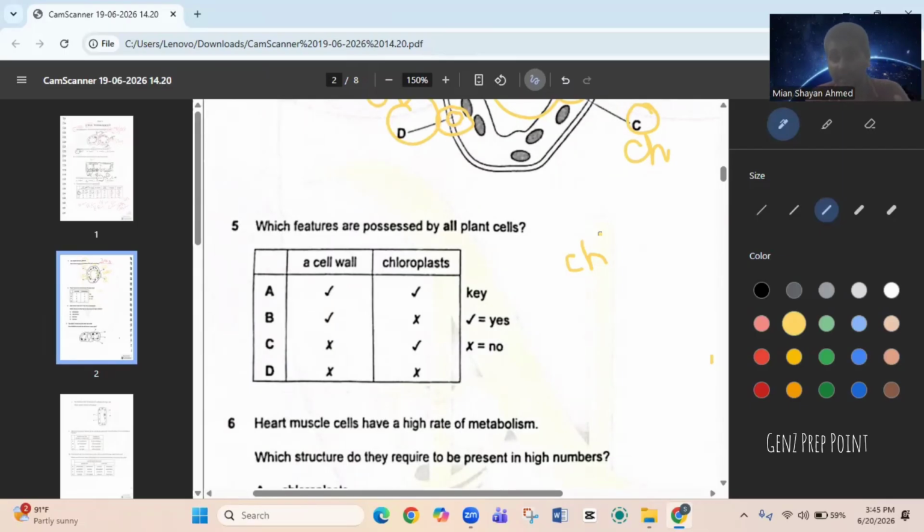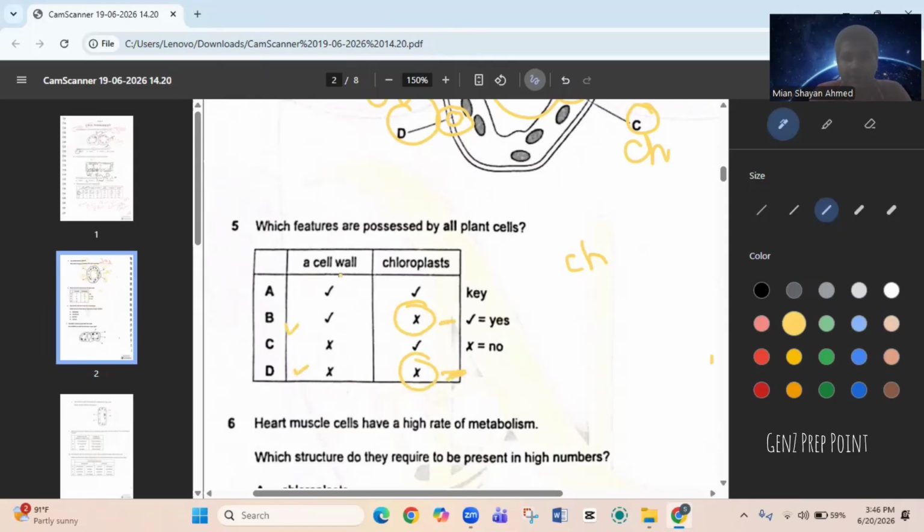The stems of a young plant do photosynthesize, but a tree or a much grown-up plant doesn't have chloroplast in its stem cells, as well as root cells. Root cells are brown, they don't have chloroplast, they have a sap vacuole and a nucleus, and they have a small thread-like, hair-like structure and a tube-like extension. So if we say chloroplast isn't present in all, the answer would be B